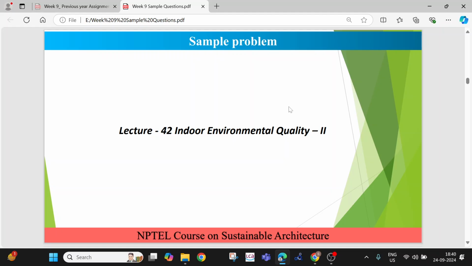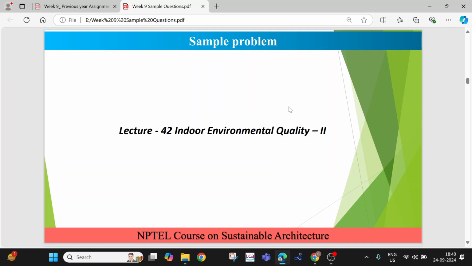Now we will be proceeding to the lecture 42, indoor environment quality part 2, sample questions. And for that, you can open the lecture slides that have been given to you in lecture 42, so that if some doubt is there, you can revise the things and open the slides parallelly. So here is the first question from those slides, or from those concepts, that you can answer directly also if you have